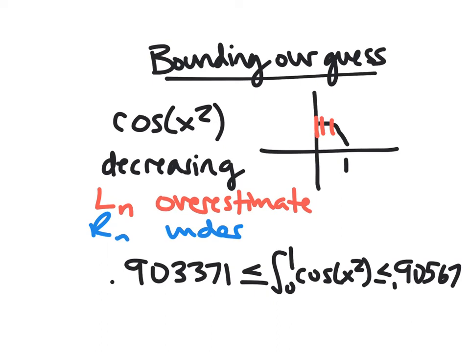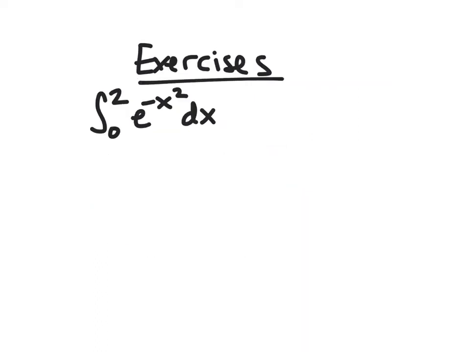Now you could make n larger if you wanted to get less error, and we'll talk about that next time in terms of getting as close as you want, but this is a good start. All right, so in our exercises here, we're going to work through this definite integral. So as I mentioned at the start, this is another example of something that can't be evaluated exactly, so let's